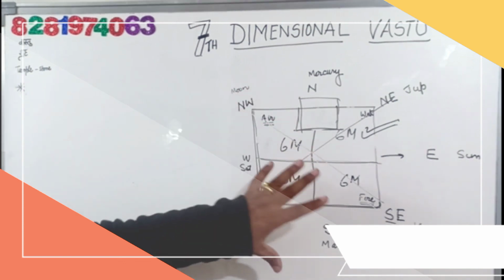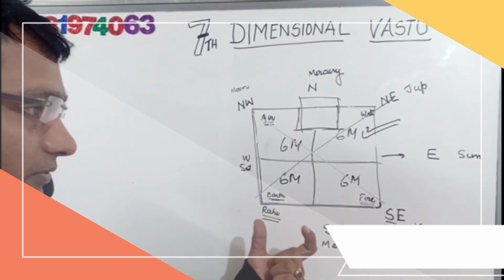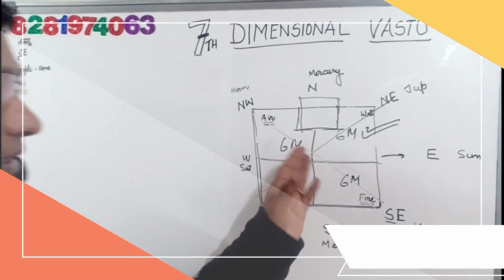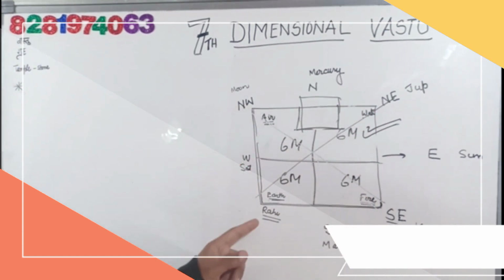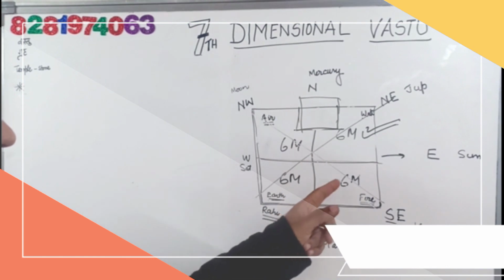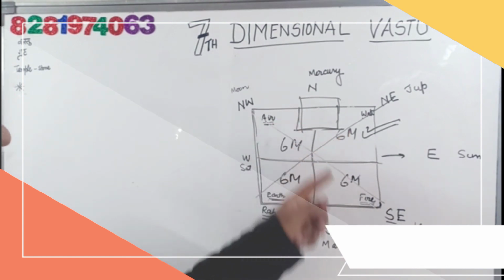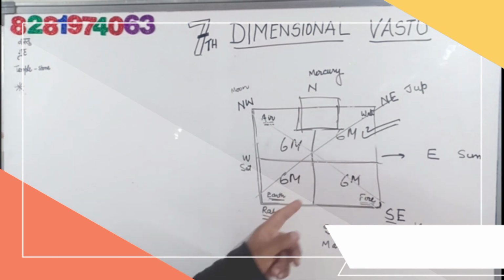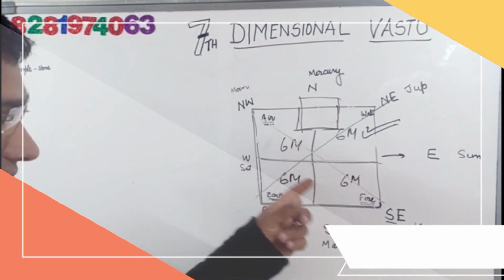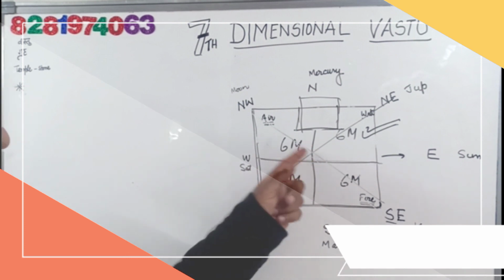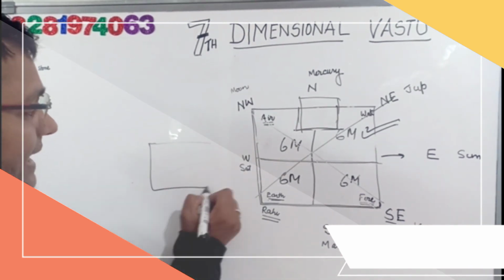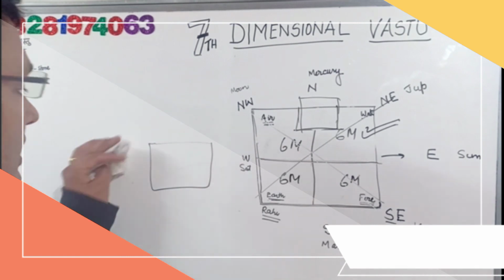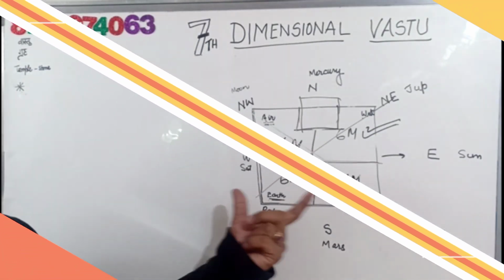Simply, what we learned in this session in a very quick brief: in any house these are the directions and you should measure by compass. After that, corner directions: four main directions, four sub directions. After that, I have explained the importance of these four corners and what the elements are. And how to measure your direction through compass: make it 2 by 2 or 1 by 1 feet, complete a straight flat area here in the center, the Brahmasthan, and then measure that angle. The rest of the topics we will discuss in the next session.